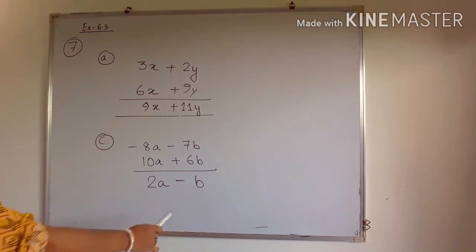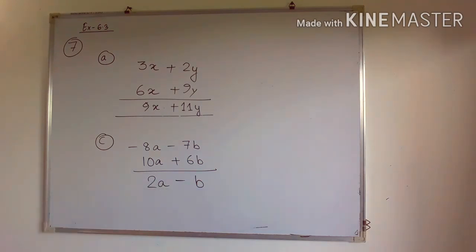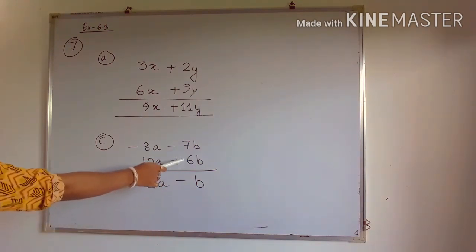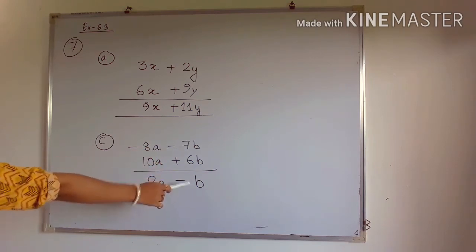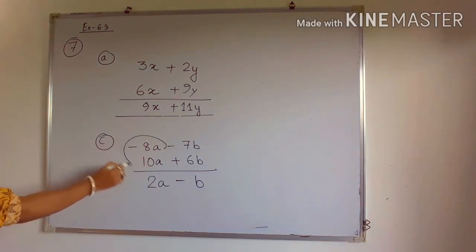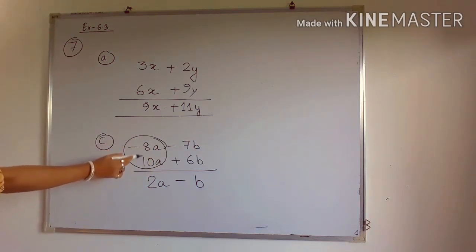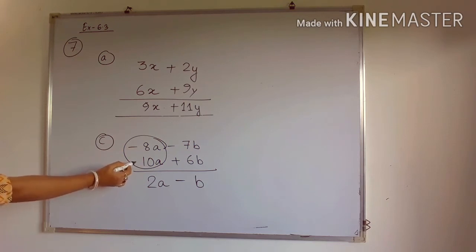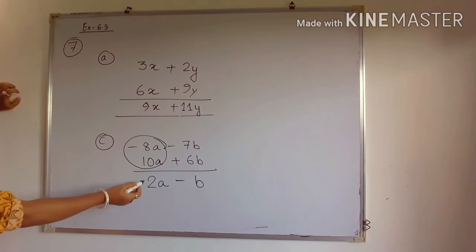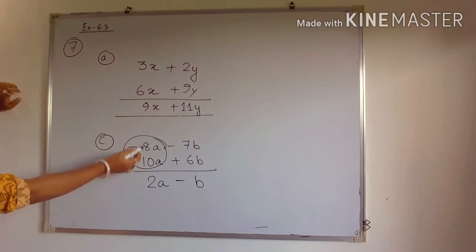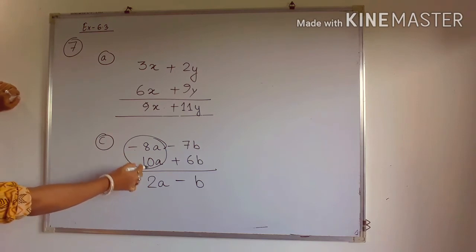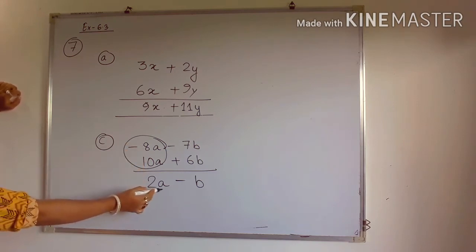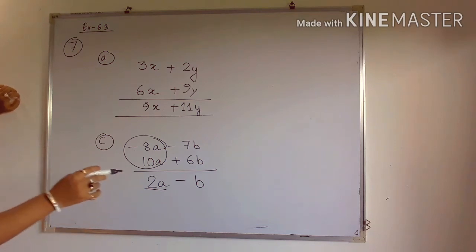I told you earlier also, you can write b or you can write 1b, and you have to write the symbol, because here the greater one is 7 and before 7 we have a minus sign, so I have to write minus. Next, again see between 10 and 8, the positive sign means before 10 we have a plus sign, that's why the answer is positive. We are doing the subtraction here, because one is negative and the other is positive. Both are opposite in sign, so we have to find the difference. So 10 minus 8 will be 2a. So the final answer is 2a minus b.